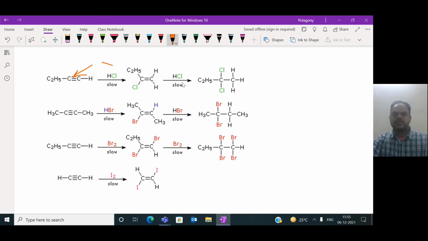In the second step, if you add HCl, we get a dihalo derivative compound. When HCl is added to this triple bond, bond polarization takes place. So here we will